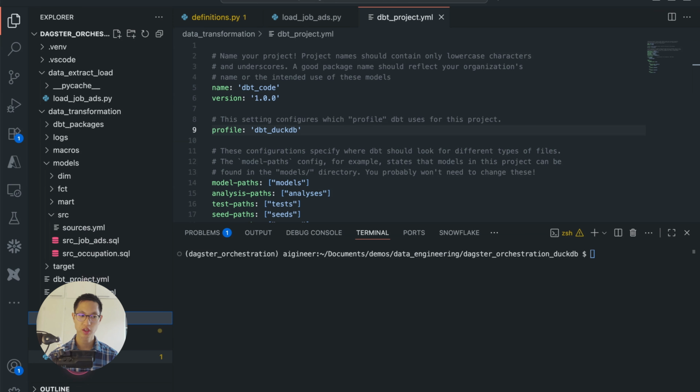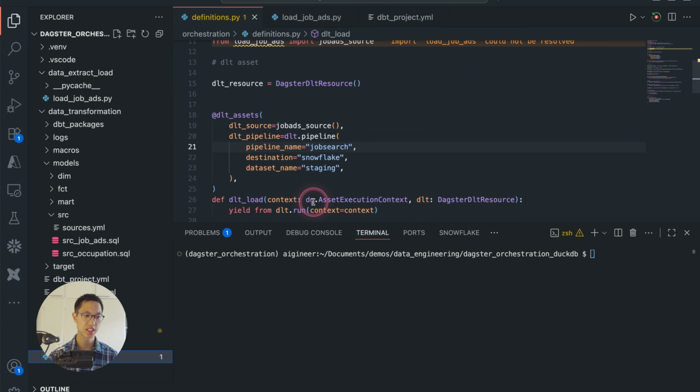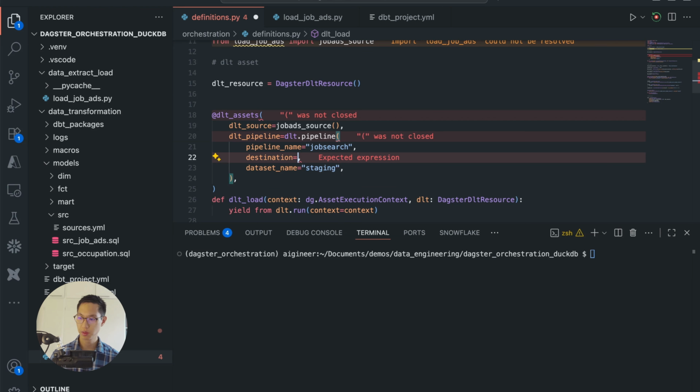Okay, and then we'll go into our definitions now. We'll go into our DLT assets, because this one is still pointing towards Snowflake. We will need to change that. And we will need to change it to DuckDB, and we also need to point it towards a specific destination of DuckDB. We need to point it towards this data warehouse folder, and there we'll need to point it towards a DuckDB file. To do that, we have our DLT imported. We can do